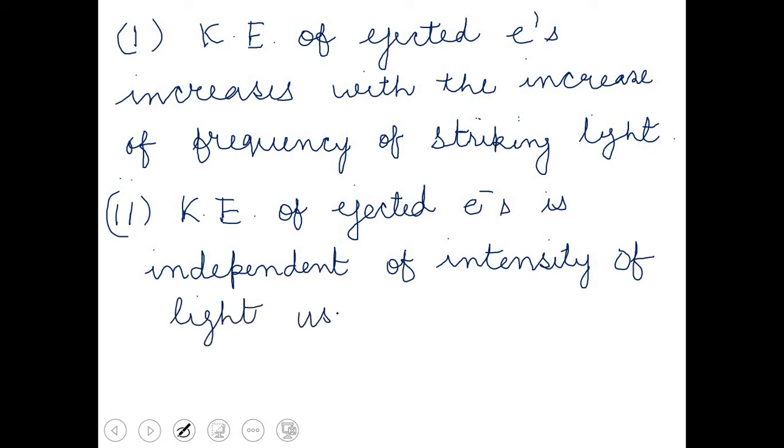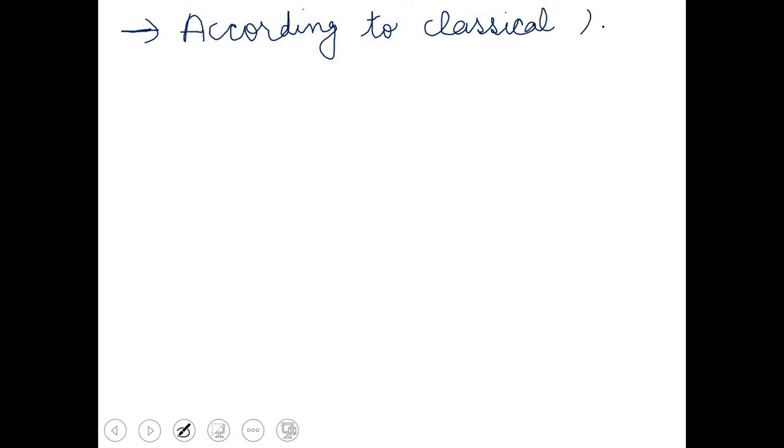So these are the two important points which we have seen with the help of the graph. Now one more point I want to mention here, children. All these observations could not be explained on the basis of classical law of physics. So I'm writing here: according to classical law of physics,